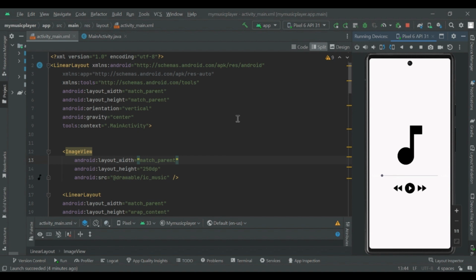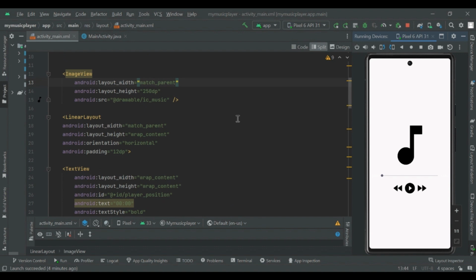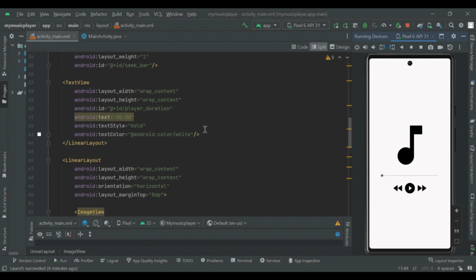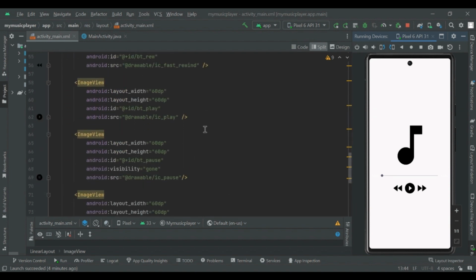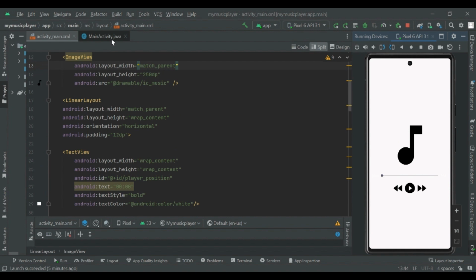In the XML code, there will be our image view. For the image view, we have to do the drag and drop option, where we have to select one of the images from the Google and we have to copy paste it in our desktop. Later we have to copy paste the image, where there'll be a text view where we can type whatever text we needed, and there'll be a seek bar and a linear layout, and as I said before, the image view. This is the way how I've created the XML code,